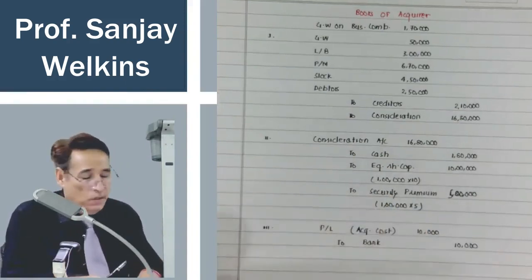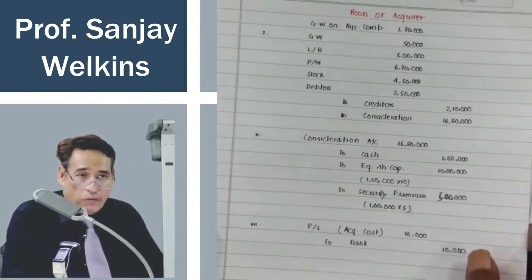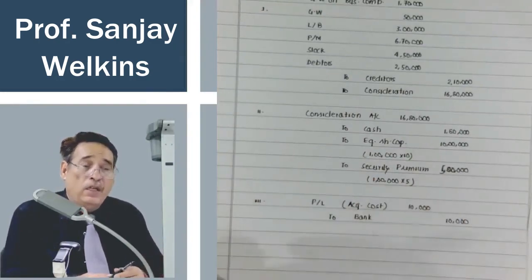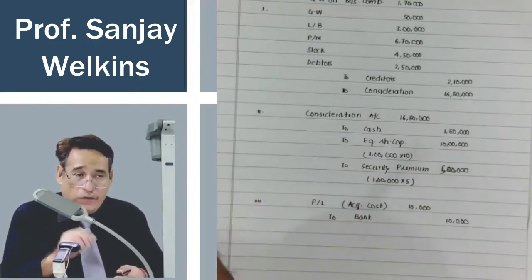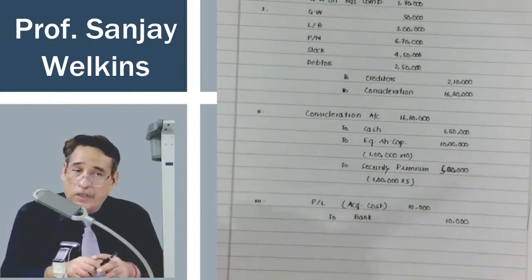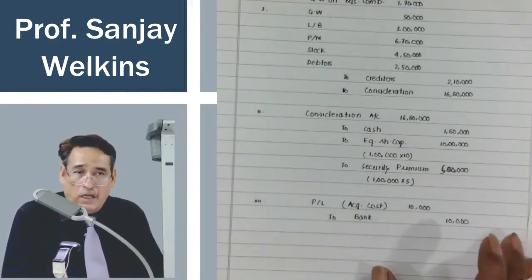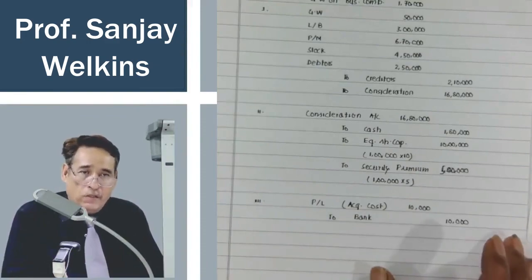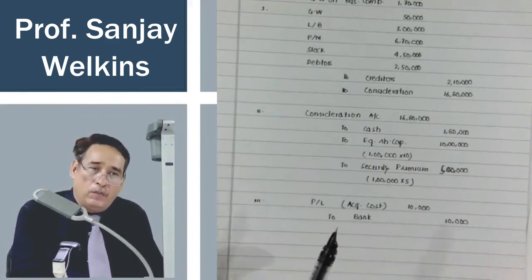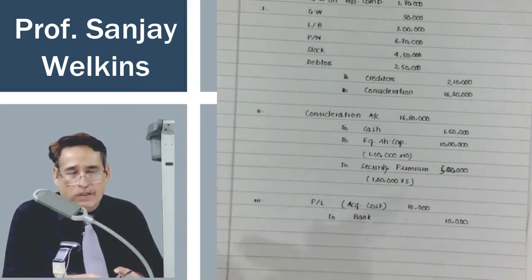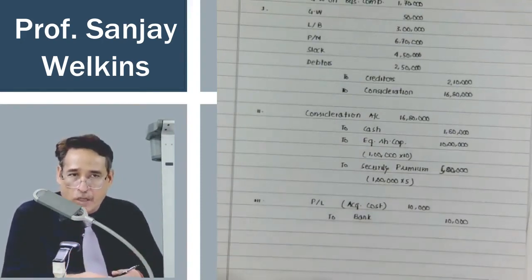Also in this question, when we do the accounting in the books of the acquirer, the purchase consideration amount is given. Often we may face problems wherein purchase consideration is not given. In that case, purchase consideration shall have to be found out. In order to find out the purchase consideration, there are 3 methods: net assets method, intrinsic value method, and net payment method. How those methods are applied and how the purchase consideration will be found out by application of those methods are the points which we are going to take up in the upcoming session.